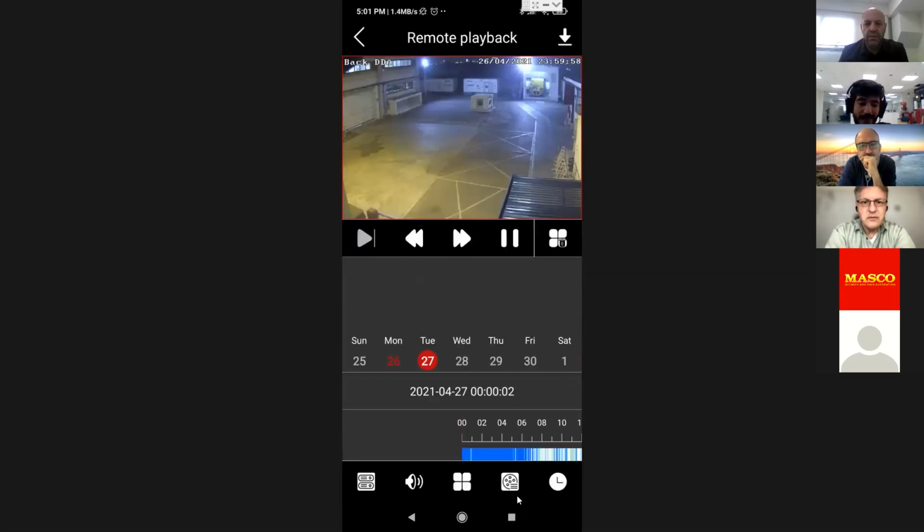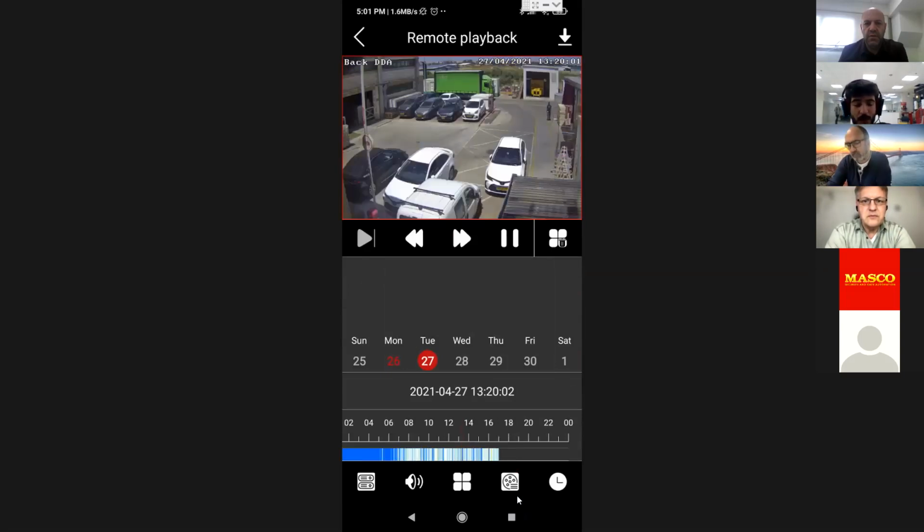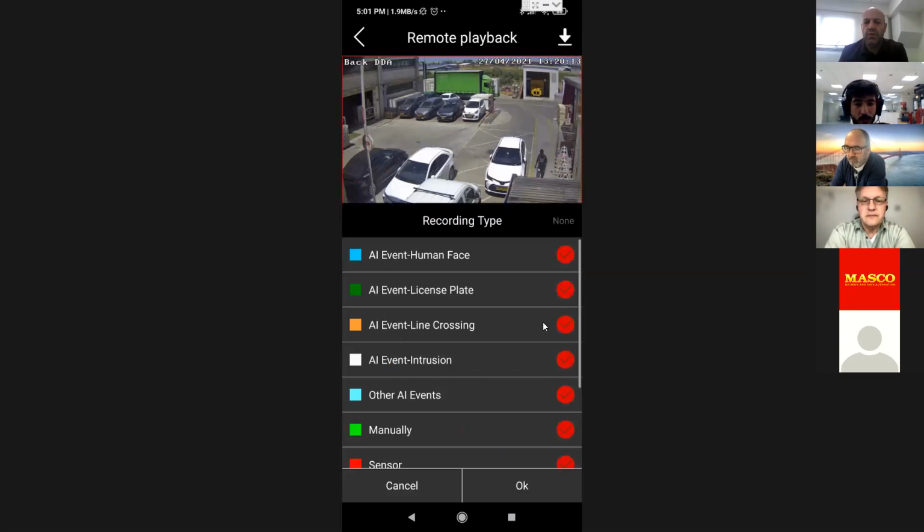we have exactly very similar. We're trying to keep everything the same. So we have the bar that contains a lot of colors. Every color represents a different kind of recording. And of course, once you press the filter button, just like we did with the NVR and the VMS, you can also filter according to what you want to see. Okay, so if we only want to see, for example,